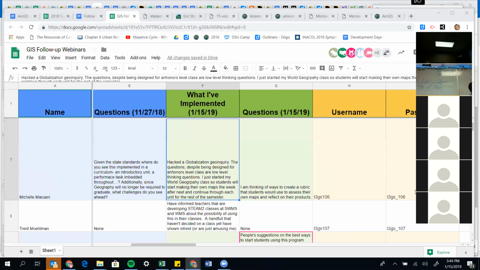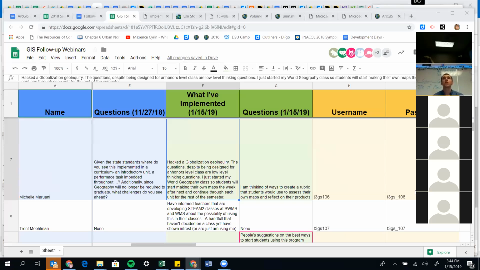You could also put a peer review in there. I agree. No, I like that. And would you consider sending me the link so I can add your hacked geo inquiry? I don't have a link. I have a document. I'll upload it to Google, or email it to me and I'll upload it to Google. Sure. Just email it to me and I'll deal with it.